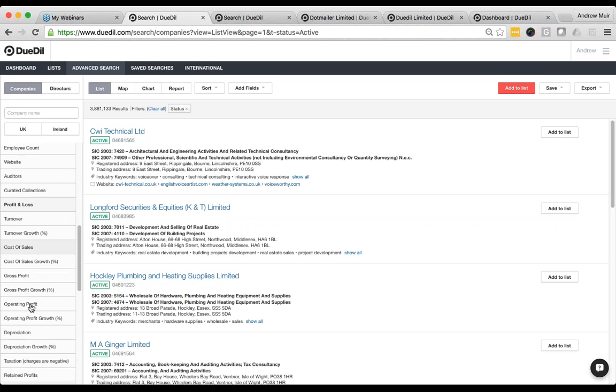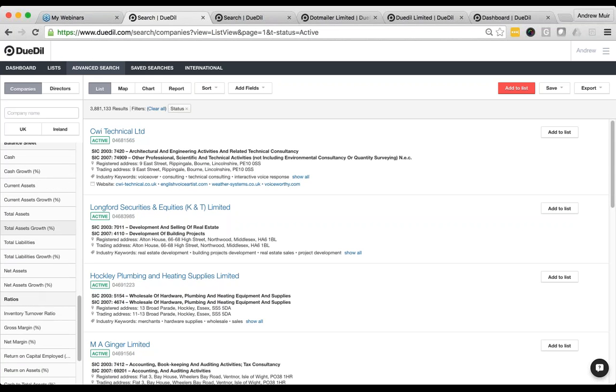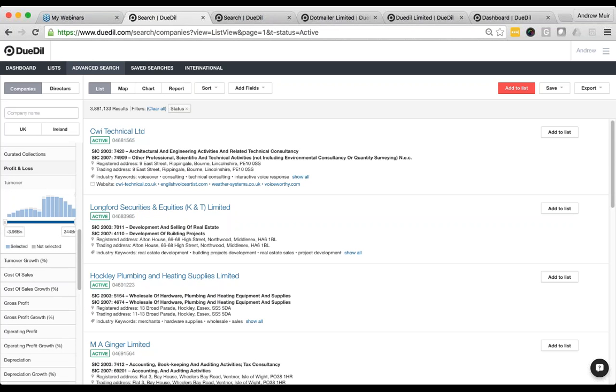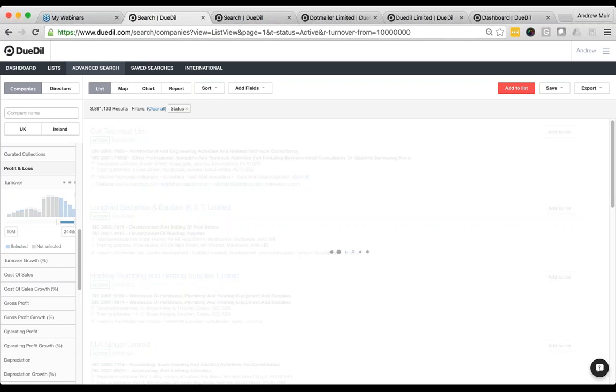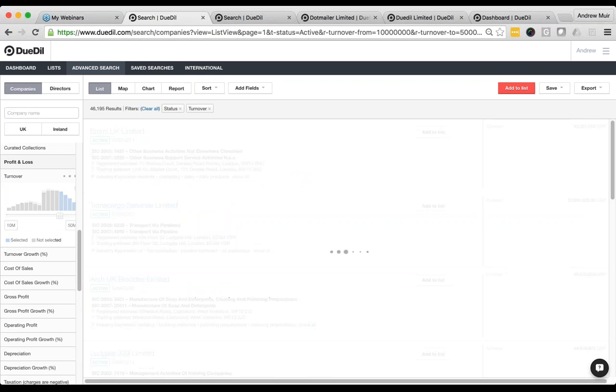So I'm going to go a bit further, and I have all the elements of the profit and loss and the balance sheet, but also key financial ratios at the bottom. I'm going to say I want mid-sized companies, something like 10 million to 50 million in size. That's a reasonable size for me to target.